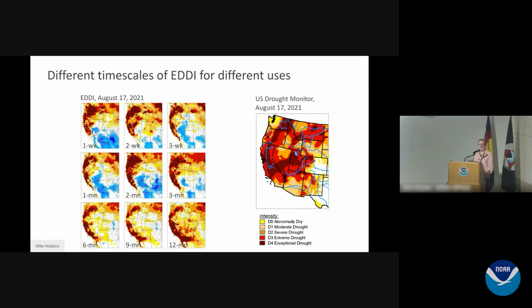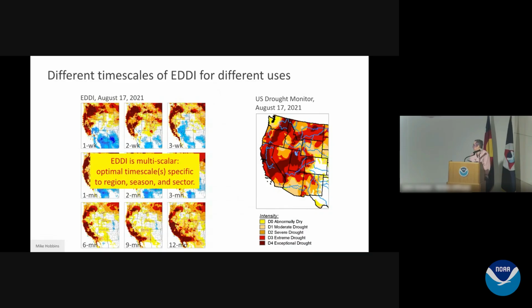Okay, so it's a multi-scalar drought index, just much like the Standardized Precipitation Index, or SPEI. And here you can see EDDI for a particular date at 9 different timescales. So like I said, we have 24, but here I've only shown 9. And you can see on the top left is the 1 week. That's sort of the weather timescale, all the way through to the annual timescale. And you can see different drying dynamics happen at different timescales, which makes sense. And on the right is the map of the US Drought Monitor, which is a snapshot at a point in time, for the same date. And you can see there are features in each of these EDDI maps that appear in the US Drought Monitor map. So there is a lot of information that is shared, but also you can parse it out on a multi-scalar basis.